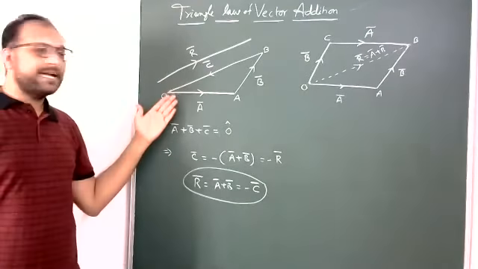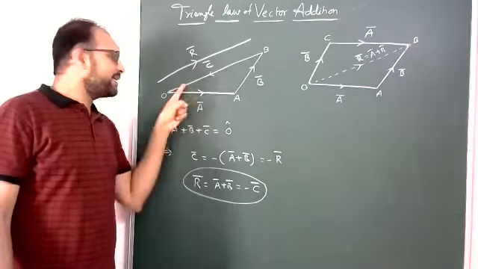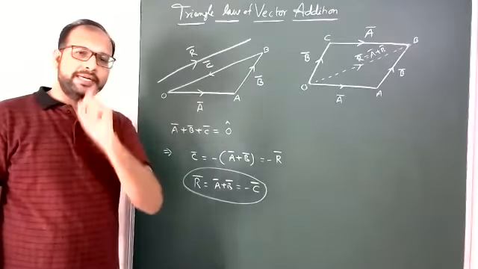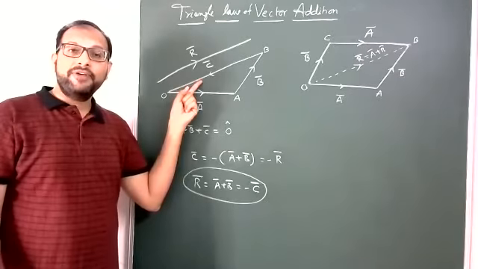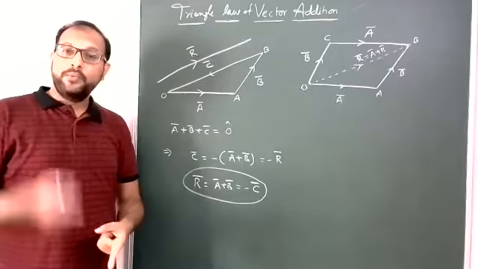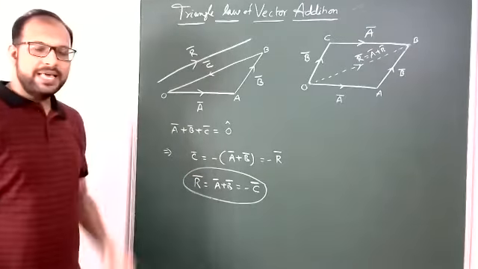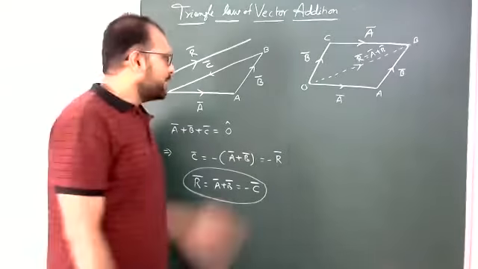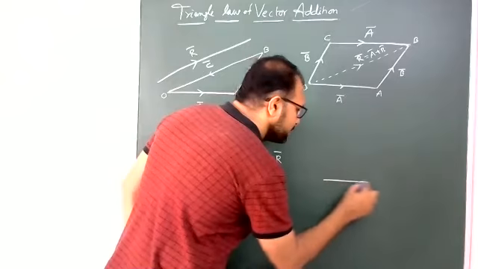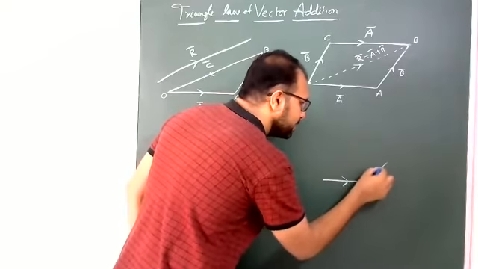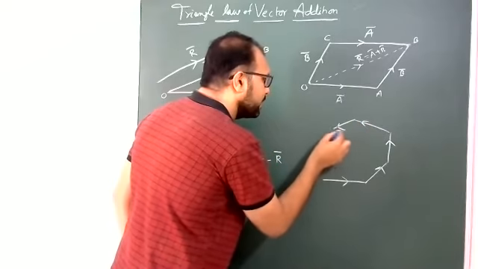Yes, again come to the triangle law of vector addition, students. Here we have taken three vectors in a particular order and completed the triangle. Then the negative of the last vector is nothing but the vector addition of the first two vectors, right? This is a triangle. Same thing now, the polygon law. See, here I have taken only three vectors, that's why it is a triangle. Suppose now this is the first vector, second vector, third vector, fourth vector.